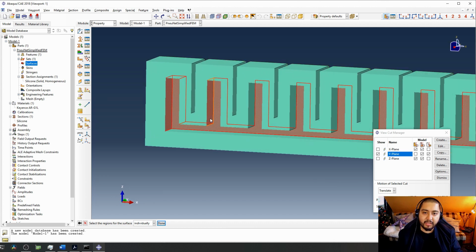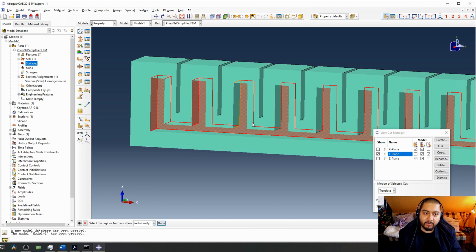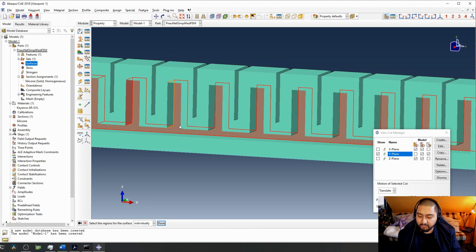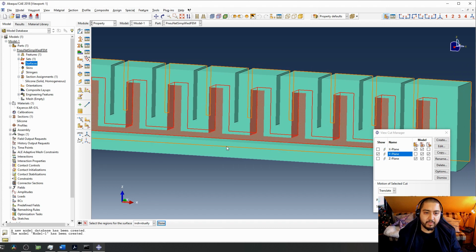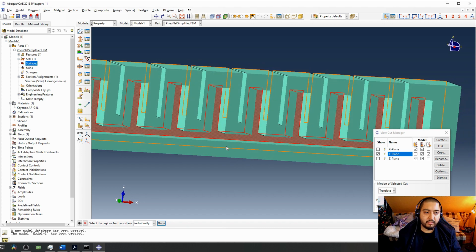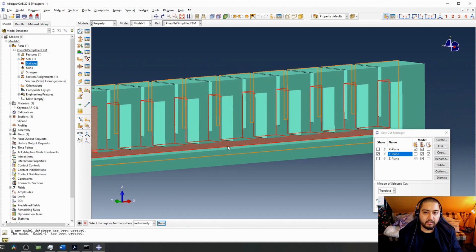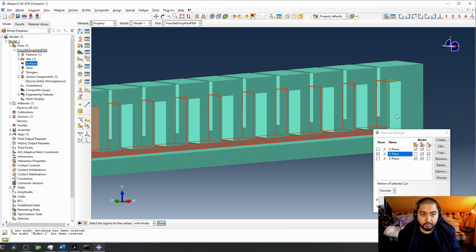So I recommend you just take your time, and I can also recommend you take one perspective in which you can select all at once. To select them continually, I forgot to mention that you will need the shift key, and then we just keep selecting the ones that we need. I think that was, yeah. So then we rotate a little bit, and then we can view the other ones. So we select them,